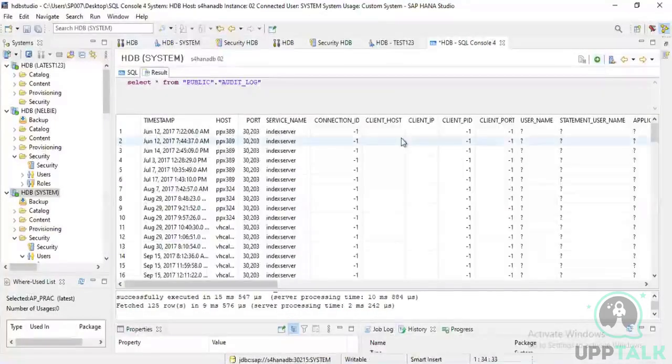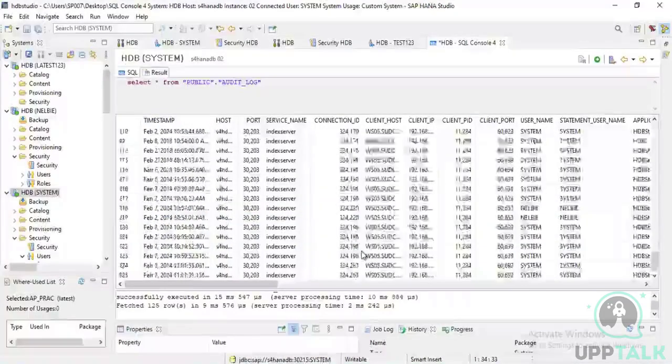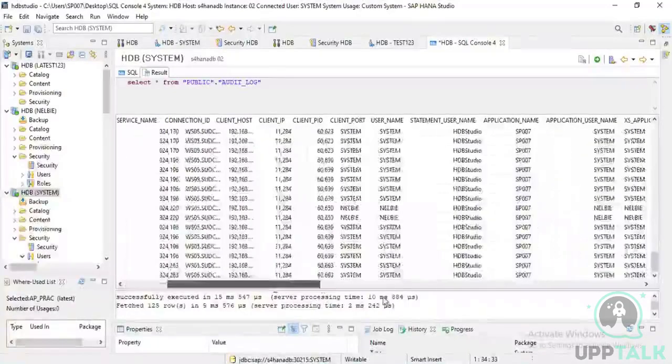Okay. The simple thing is that we have not followed the syntax basically. We went with small letters. Always write it as PUBLIC.AUDIT_LOG. Now I am able to see the audit log here. Okay. In the audit log, you can see the recent actions that you have done as a system user. So the index server will basically give you